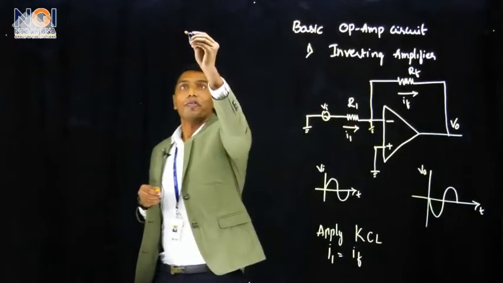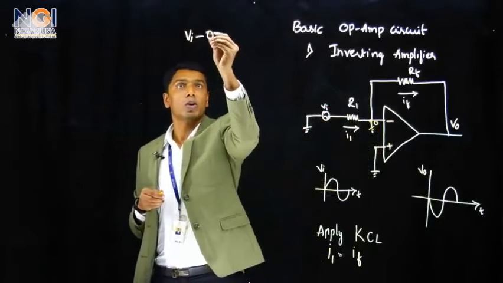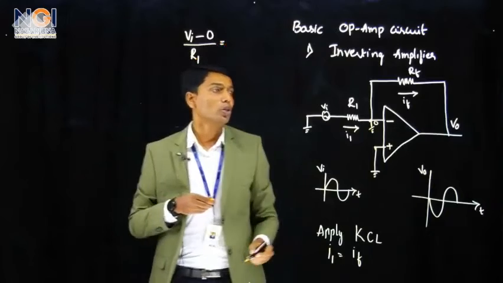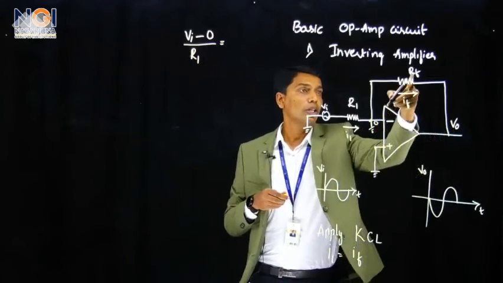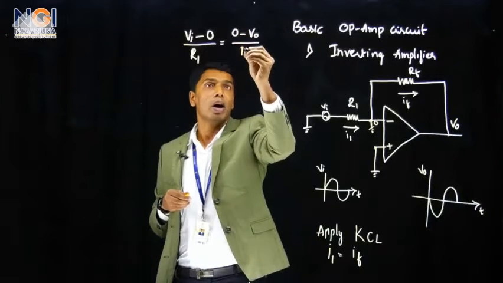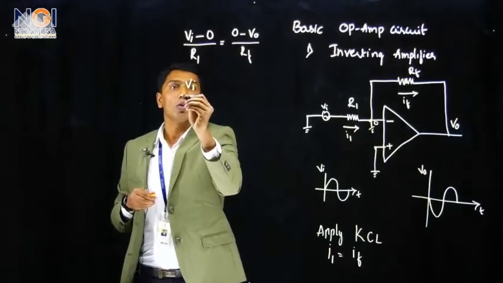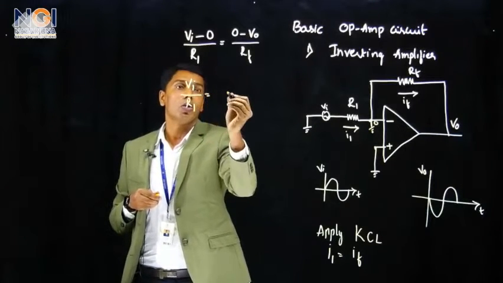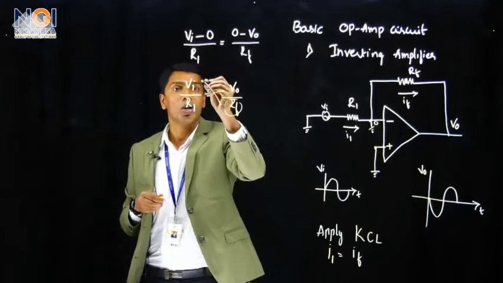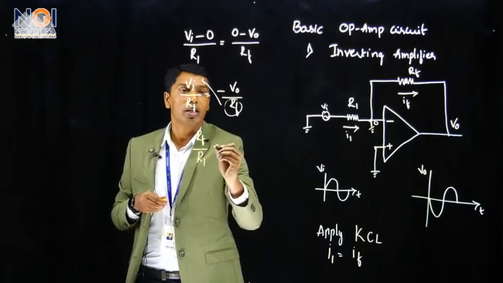Then (Vin minus 0) divided by R1 is equal to (0 minus Vout) divided by RF. Therefore, Vin divided by R1 is equal to minus Vout divided by RF. I'll send this RF to this side. Therefore, RF divided by R1 is equal to